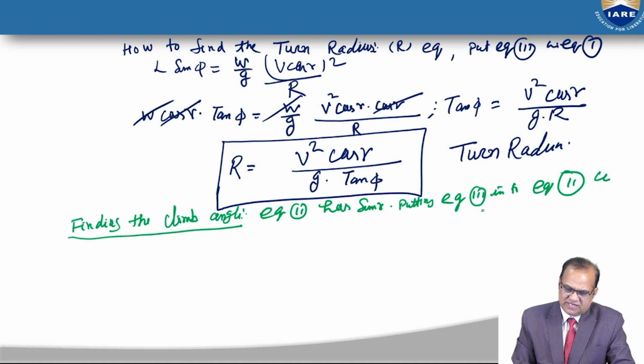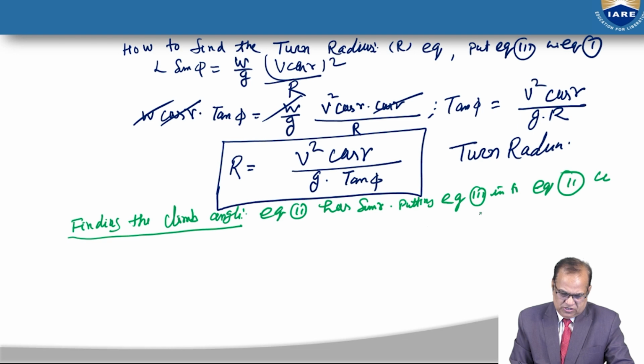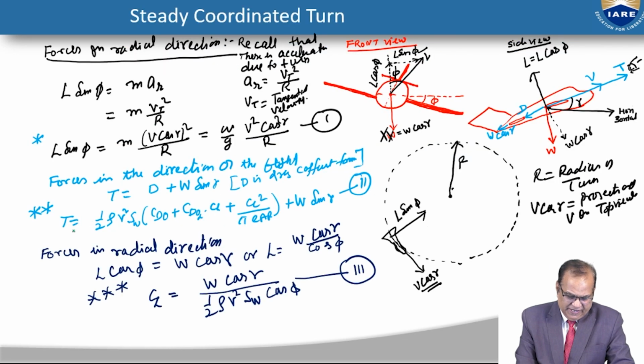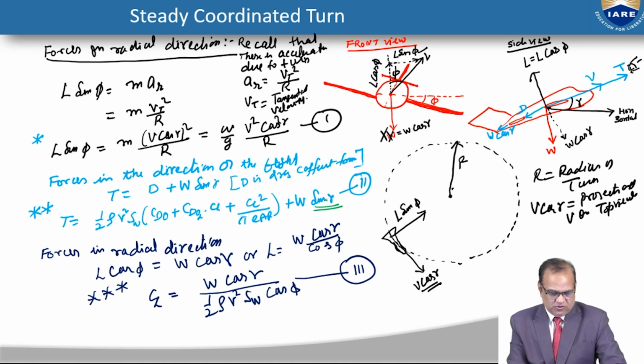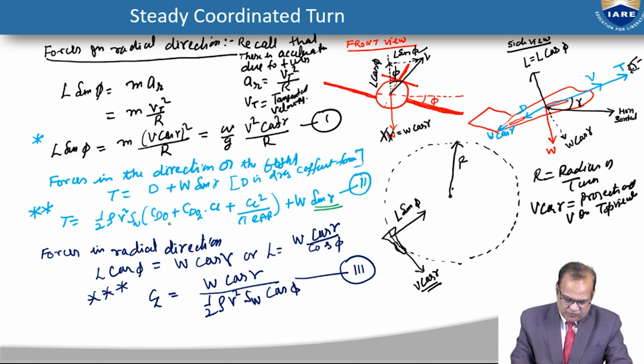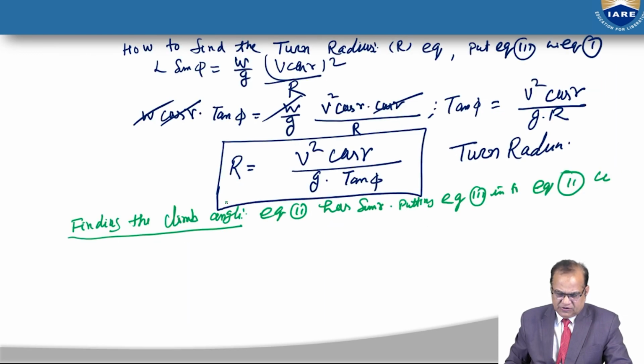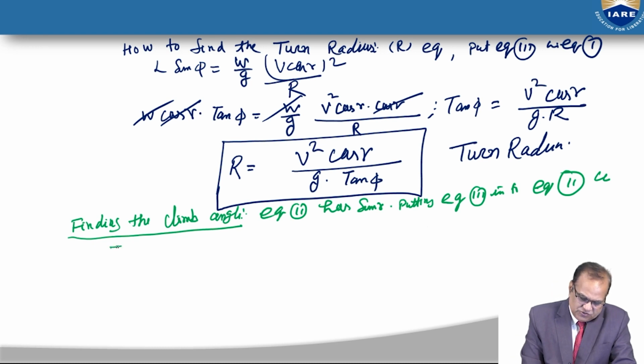We know that in equation 2, T is equal to half rho V square S CD naught, this all value. Here gamma is there, and this gamma we have to find out. So the other values we will put, CL value from 3 into 1, and then we will simplify it. We will get that thrust is equal to